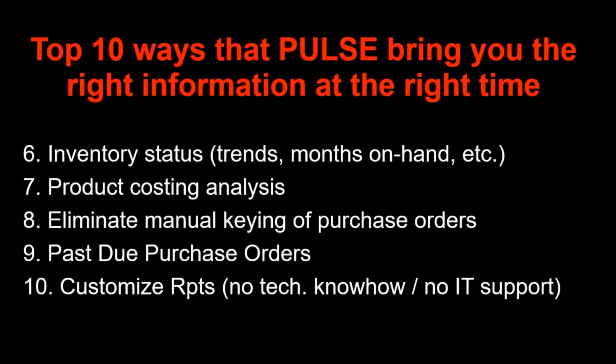The number 6 item is inventory status. And we've added a tremendous amount of additional fields that help you analyze the status of your inventory: trend analysis, months of inventory on hand, inventory turns, date of last activity. That you'll see as we go along, just a tremendous amount of additional information that helps you better manage